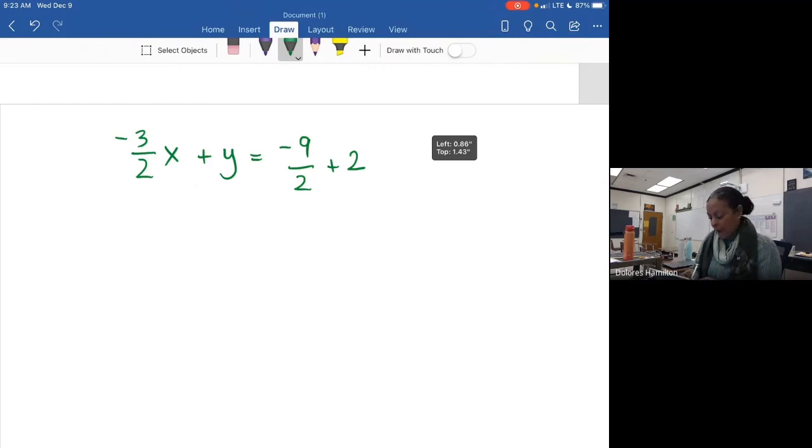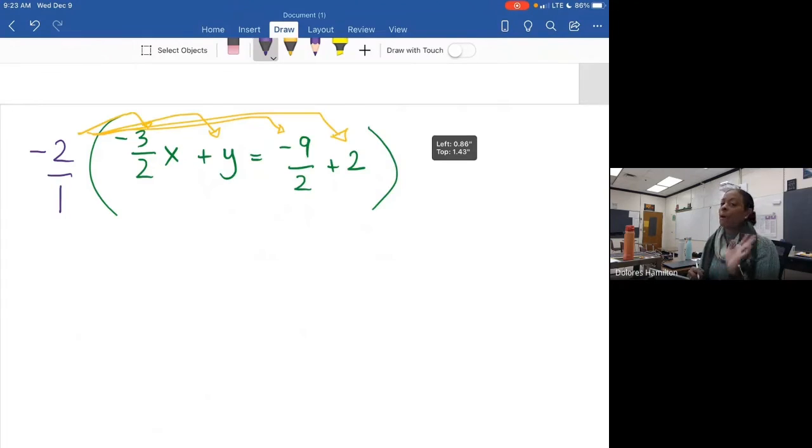So I'm going to take that entire equation and multiply not just by 2, but I want that a term to be positive. So I'm going to multiply every term by -2. And remember, we've got to distribute to every term in the equation. So when we do that, we end up with